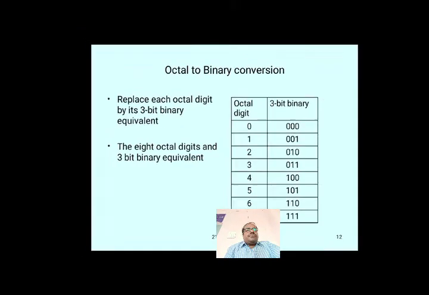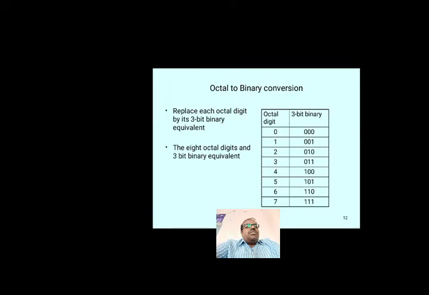Here, for octal digit 0, we write the value in binary form. Already we learned the 8421 code. Here we are taking a 3-bit code, so we are taking the 421 code. The 421 also came from the binary values only. We know that 2 power 0 equals 1, 2 power 1 equals 2, 2 power 2 equals 4. So 421 code. Simple. We must have a logic in it.